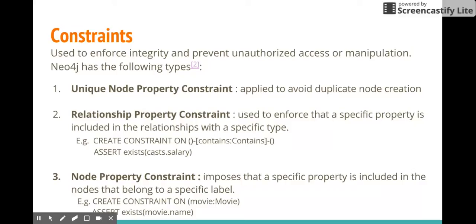Constraints are another part of the Neo4j schema. In general, for any database, constraints are used to enforce integrity and prevent unauthorized access or manipulation. Any create query in Neo4j would create a new node, irrespective of it being a duplicate of an existing record. So we can use a unique node property constraint to avoid duplicate node creation by using assert movie.name is unique. The second type of constraint in Neo4j that is available is the relationship property constraint. It is used to create a constraint that makes sure that all relationships with a certain type have a certain property,